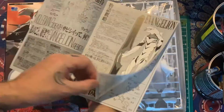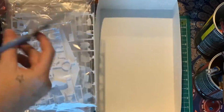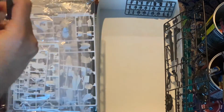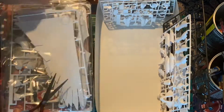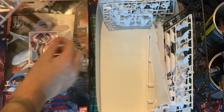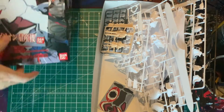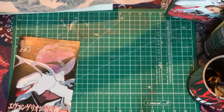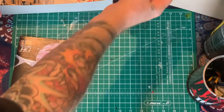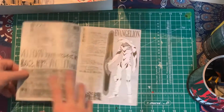I was going to build Asuka first, but I picked this up from Amazon Japan. It's an HG model, so I can already tell by looking at the components here. I can tell the difference between HG and RG now, so not so much of a noob, but I got this unboxed. I'm excited to build it, and I thought it would be cool to have this End of Evangelion. I think it's becoming my favorite of the franchise now that